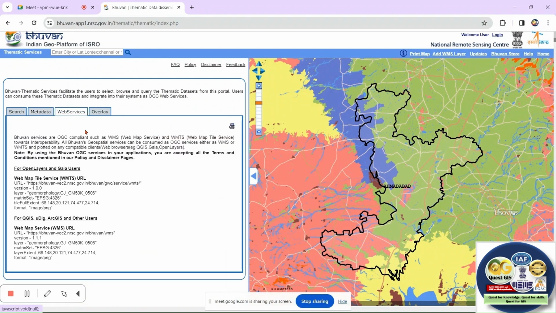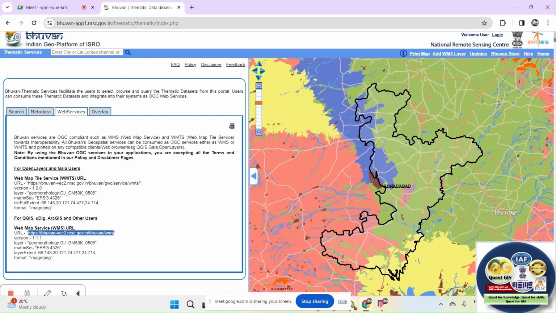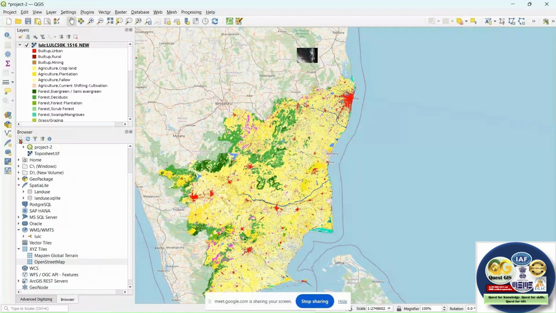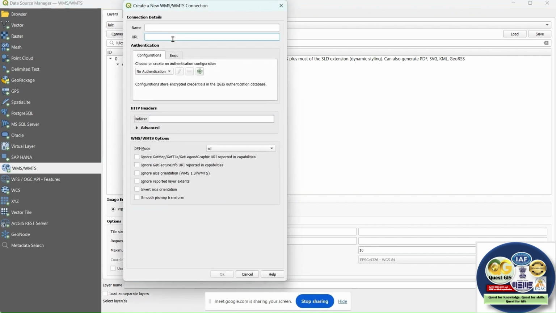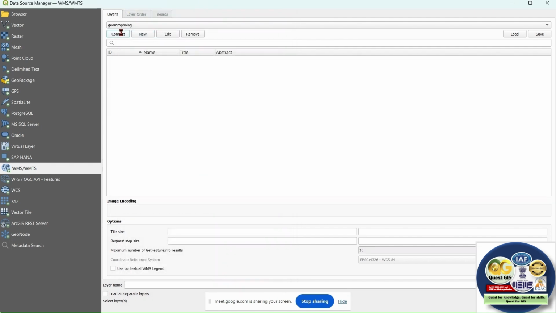When you want to use this in your QGIS, you just directly copy this link. This is the same link that we used for LULC. Let me copy this link again, and I'll go to the data, open Data Source Manager. Let us create one more new link, and I will give it the name geomorphology. Click on OK, connect,